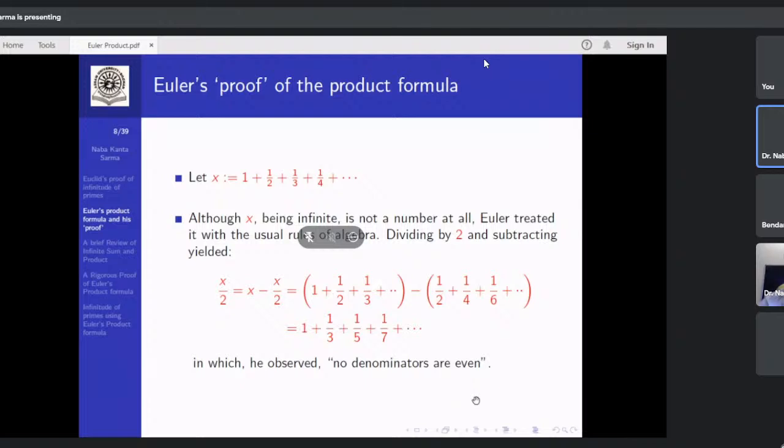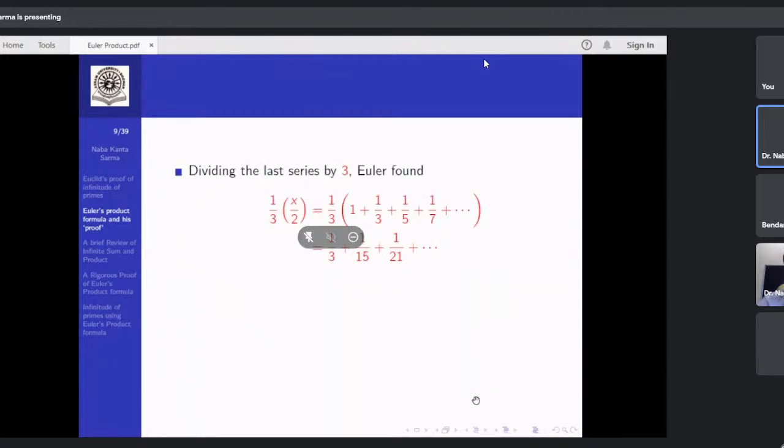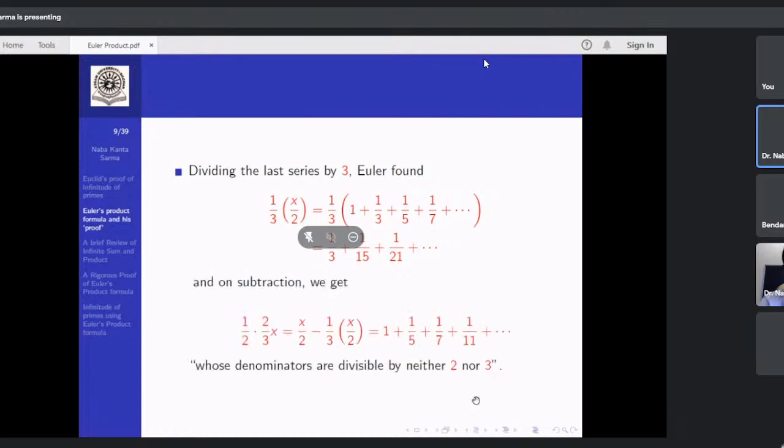Originally in the sum, all multiples of 2 are also there. But now after dividing by 2 and then subtracting, he obtained a new series in which 2 and no multiple of 2 is there. Then he proceeded further. This new series he again divided by 3, and then he obtained a series 1 by 3, 1 by 15 and 1 by 21 and so on. And then he again subtracted. Then he got that half into 2 by 3x to be 1 plus 1 by 5 plus 1 by 7